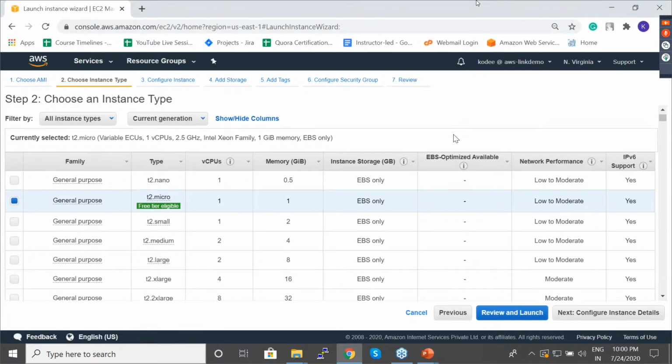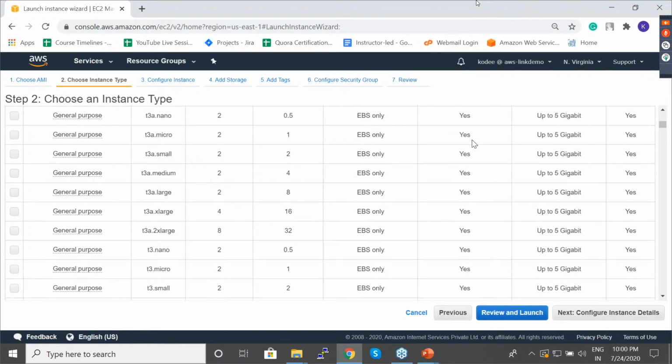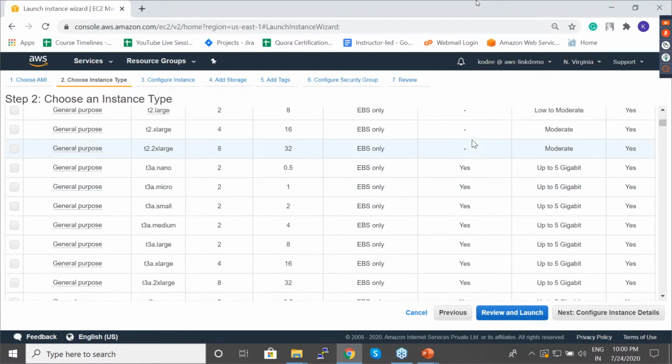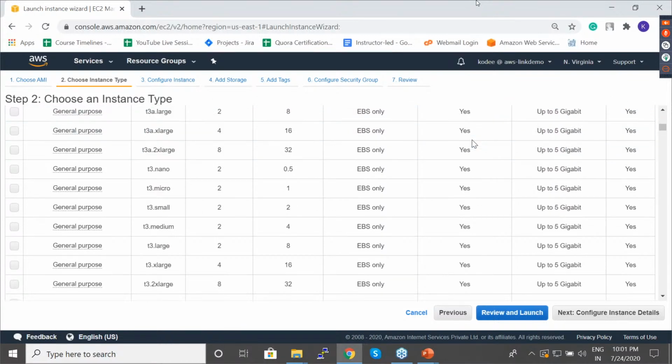Okay, so a few instances, guys, will have an EBS optimized instance. That is, you will be able to increase the size a little bit extra using EBS. EBS optimized instances can connect with EBS and also have a fast way of connecting as well as taking data from over there.